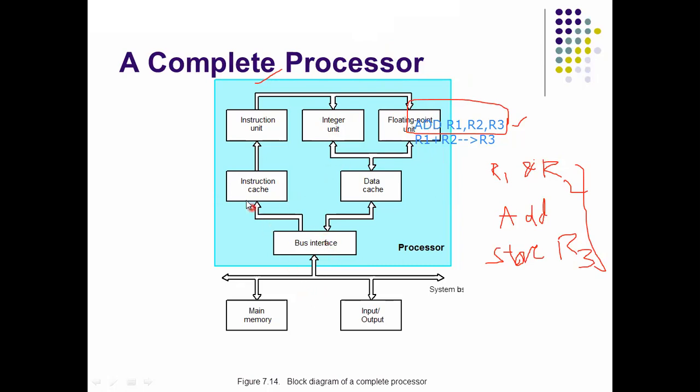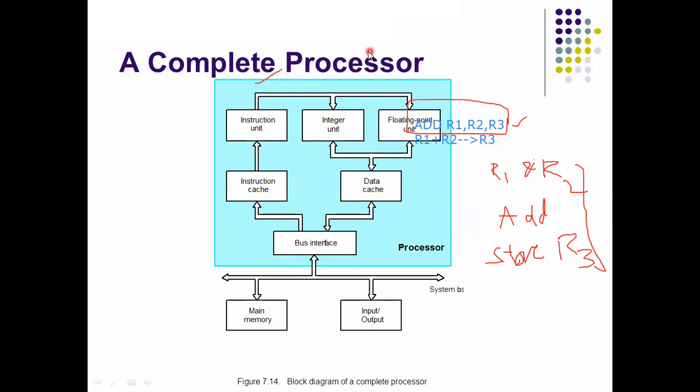Okay, Amma? So suppose if any instructions or data do not appear in this instruction cache or data cache, then what can we do? We search in the main memory. If any instruction is not in the instruction cache, then we search for that instruction in the main memory. Like that for the data also, we search in the main memory. So from this main memory, the instruction or data will be transferred by using this system bus.